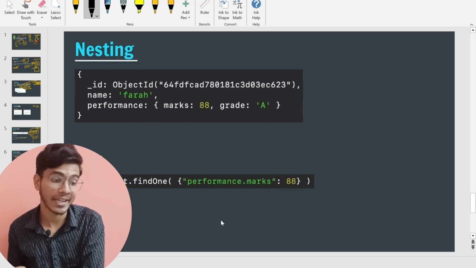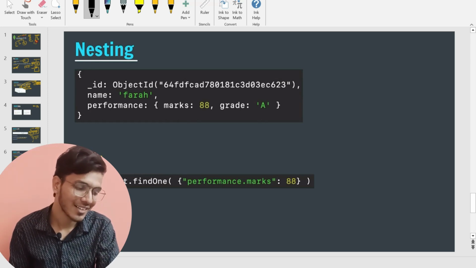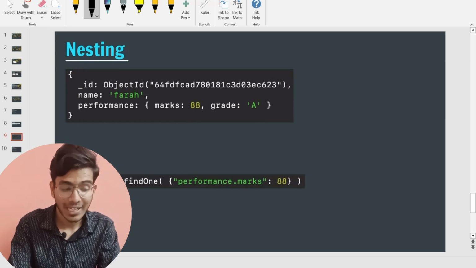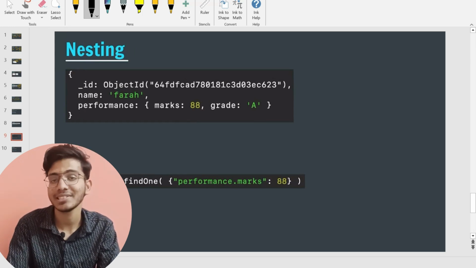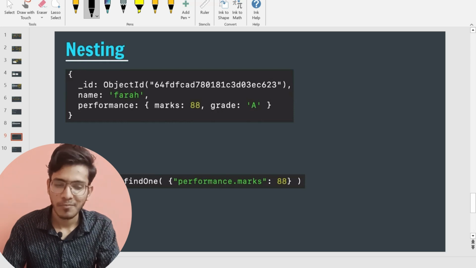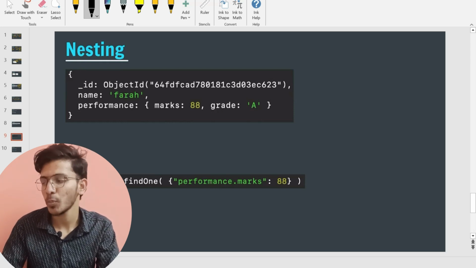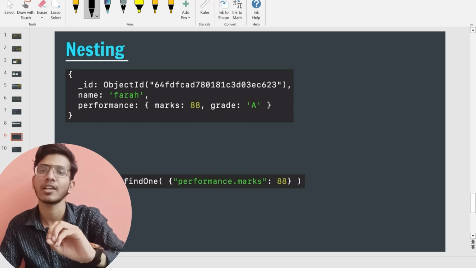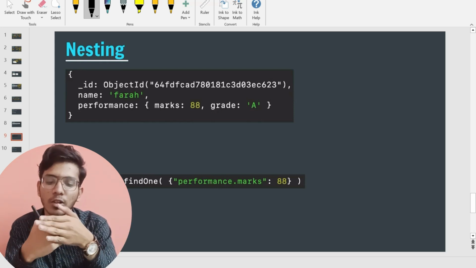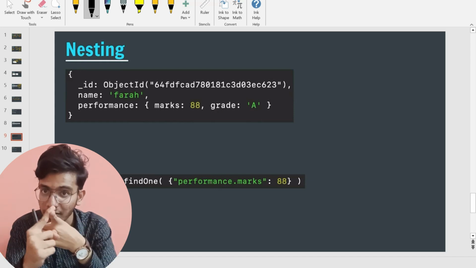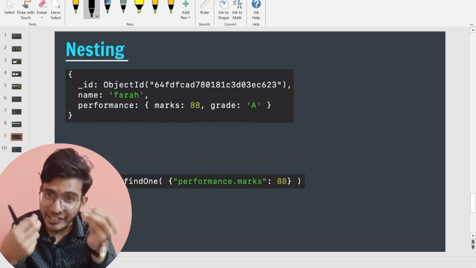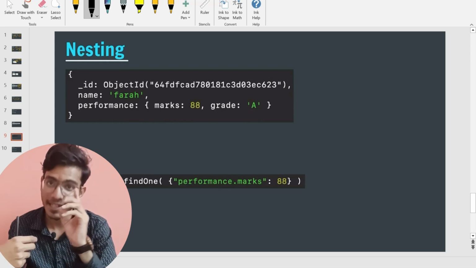This is again an interesting concept. Here we will have a concept called nesting. We have studied for loop, we have studied looping, right? Nesting is nothing but writing statements inside itself. For example, if I am writing a loop inside a loop, then it is an example of nesting. If I am writing a conditional statement inside a conditional statement, then it is an example of